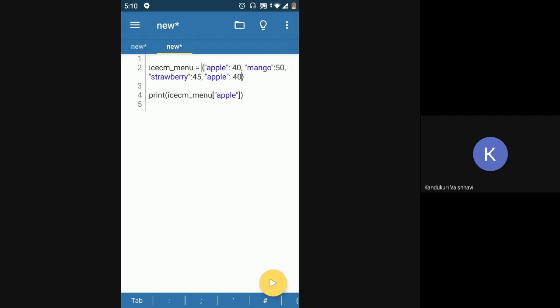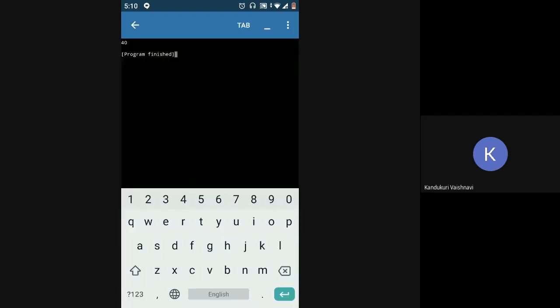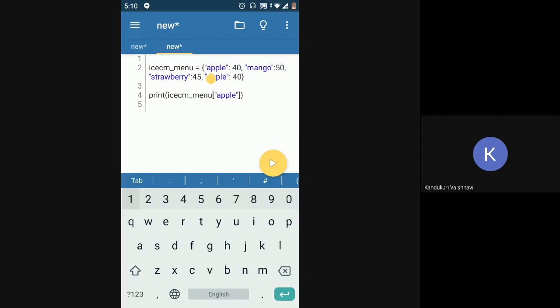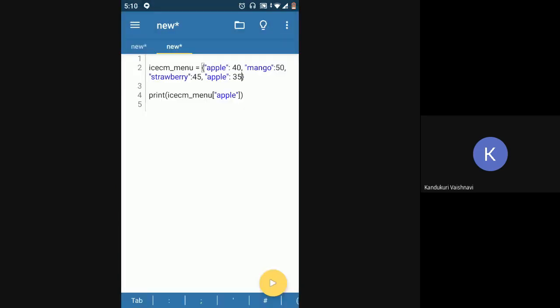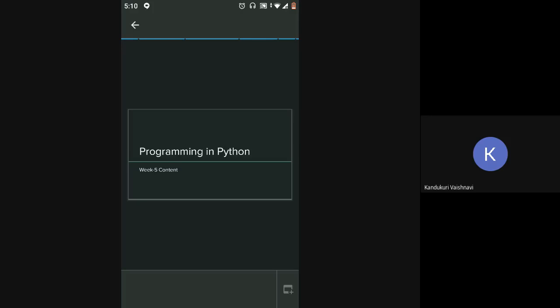It should at least fail, because if you have multiple values associated with the same ID, Python will get confused about which ID you are referring to. I don't know why this is working. Ideally, it should not. I think I'll check and get back to you about that.